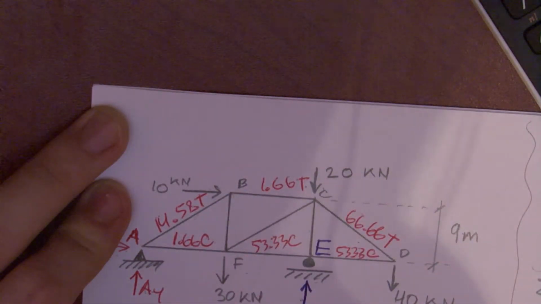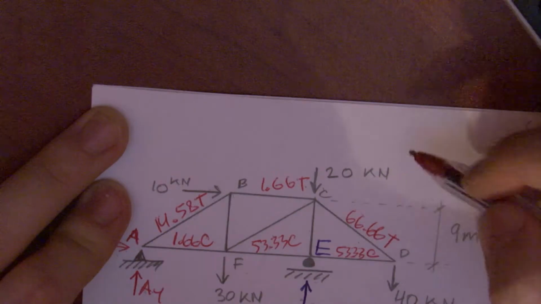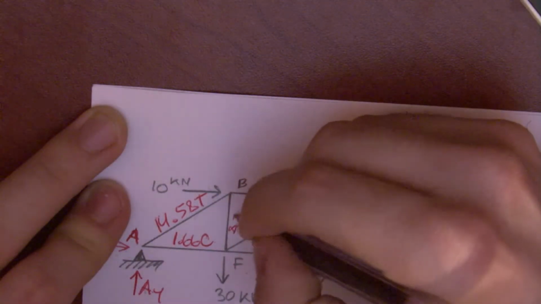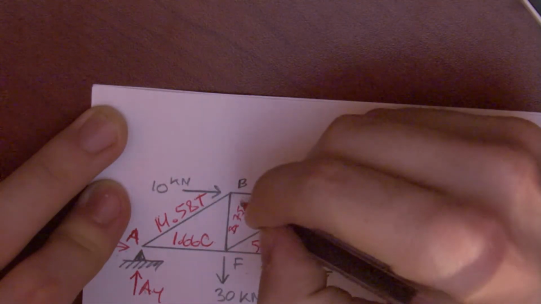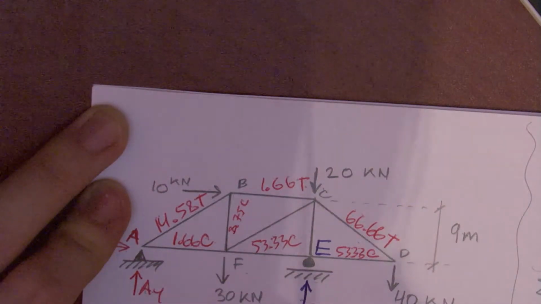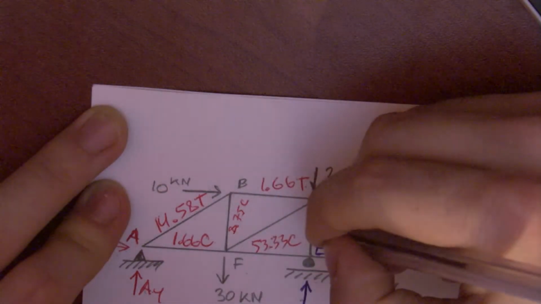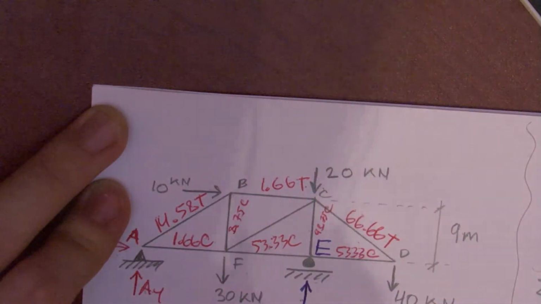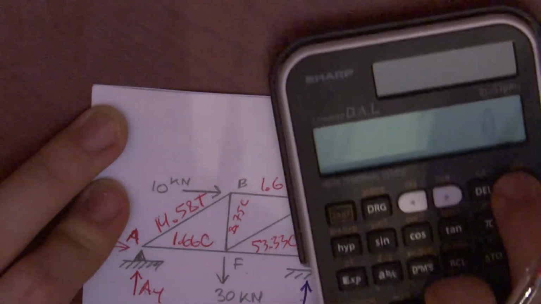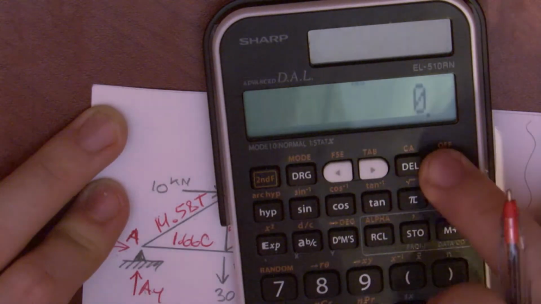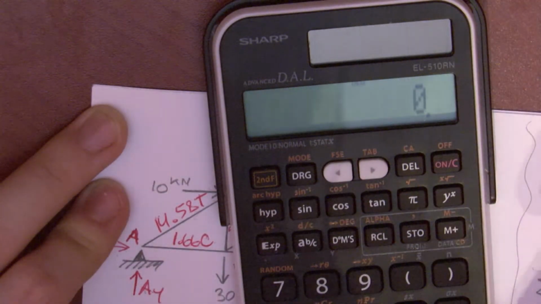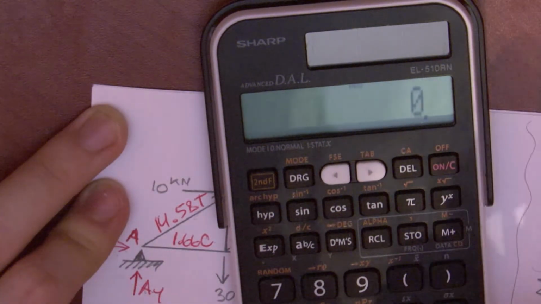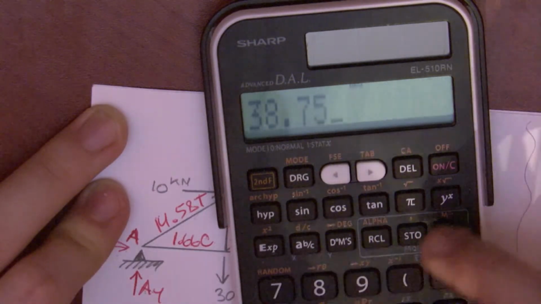This is pushing in, so this is 8.75 compression. This is pushing in, so this is 98.75 compression. And last but not least, we're going to calculate quickly the diagonal member, 38.75 to the power of 2